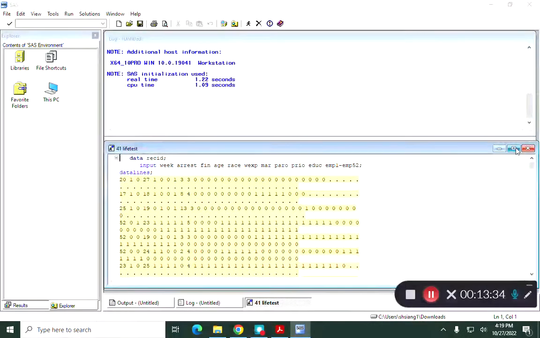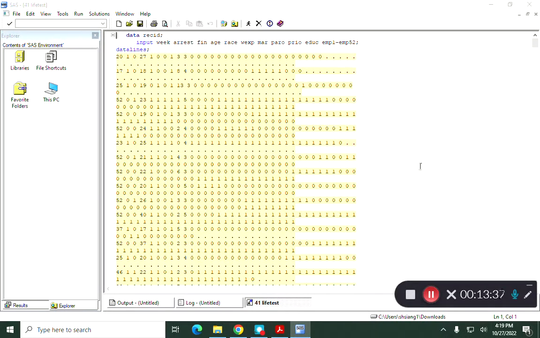Okay, and this is the recidivism data on the inmates. And right now, we're talking about arrest, age, all the variables involved. And after that, there are 52 weeks of 0 and 1, okay? And 0 and 1 means what? After they are released, are they working or not working? If working, it is 1, and not working is 0. And people tell me what those